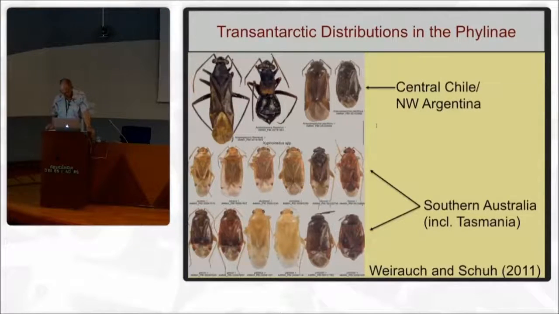As a final example in this talk, in this case regarding the power of phylogenetics, revisionary and phylogenetic work done by Christiane Weirach and me allowed us to offer a credible argument for the existence of transantarctic distributions in the Phylini. Here we see images of some of the taxa involved, although not including images of taxa from New Zealand. The transantarctic patterns